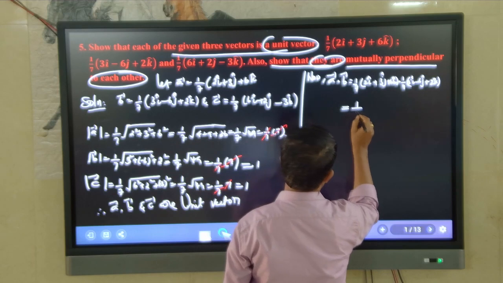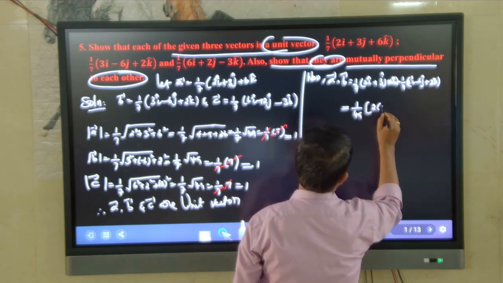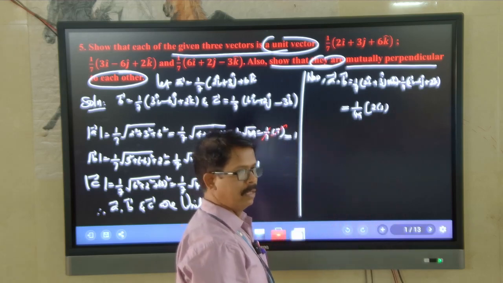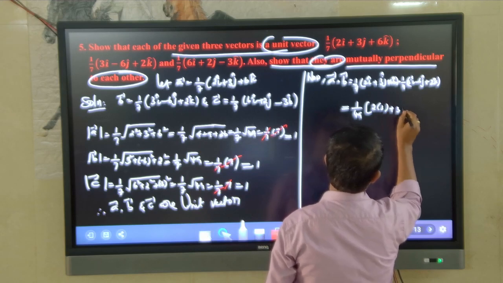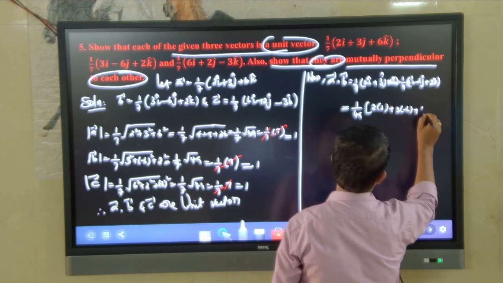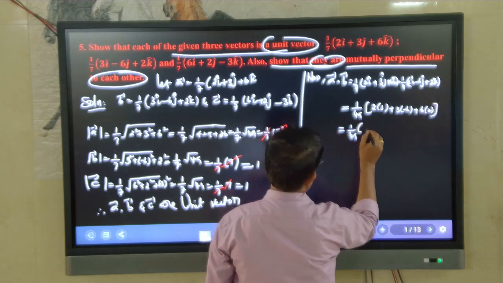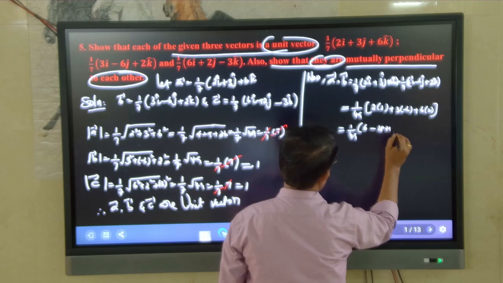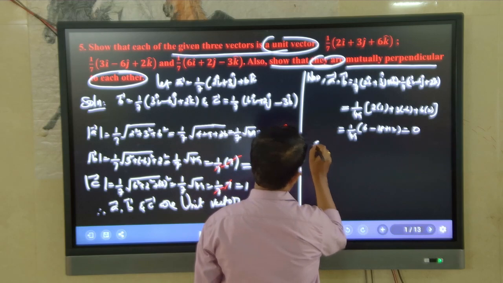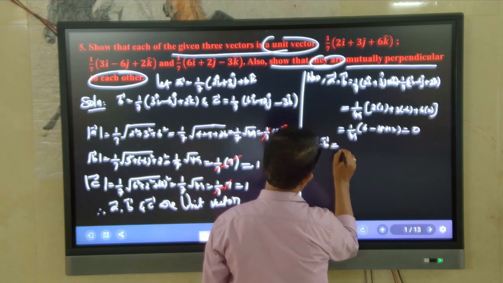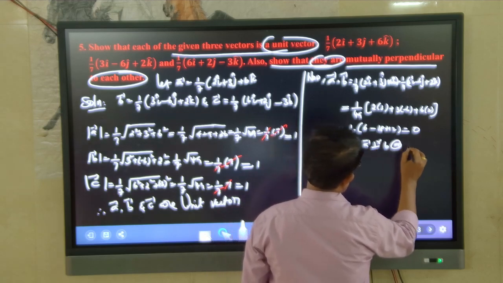Take the constant outside. What remains? 2 into 3, next plus 3 into minus 6, plus 6 into 2. That is equal to 1 by 49 into 6 minus 18 plus 12, equal to 0. What is the meaning? A dot B equal to 0 implies A is perpendicular to B or B perpendicular